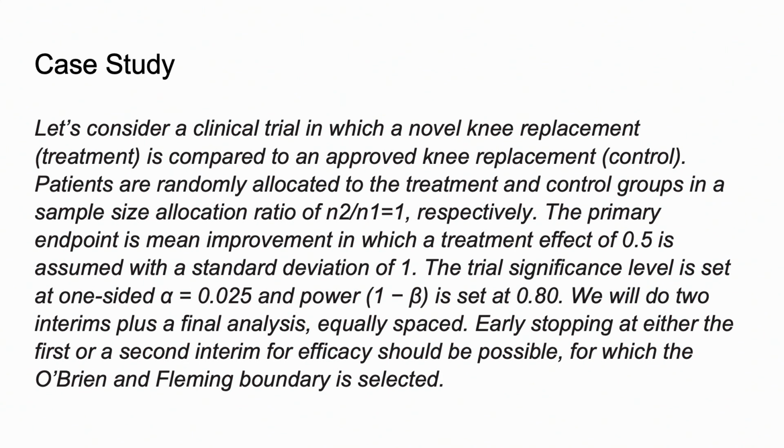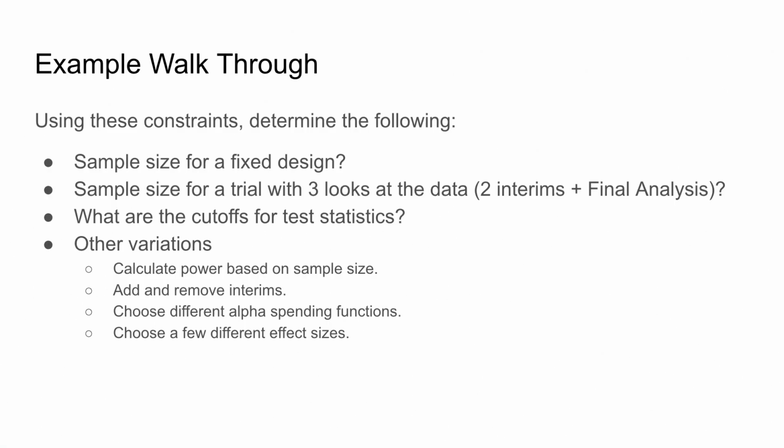We will do 2 interims plus a final analysis, equally spaced. Early stopping at either the first or second interim for efficacy should be possible, for which the O'Brien and Fleming boundary is selected. Alrighty, now that we've got the case study set up, let's take a look at some of